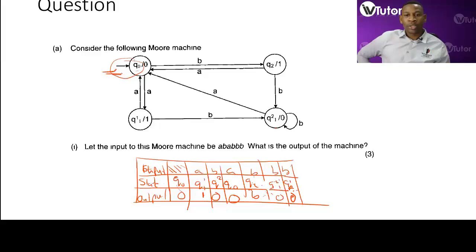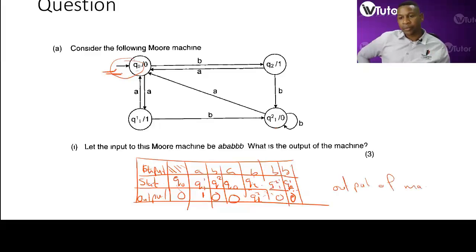If you're in Q21 and you read a B, go to Q12. And then so that's fine. So we need to go to Q21 over here. Q21. So this becomes the summary table output